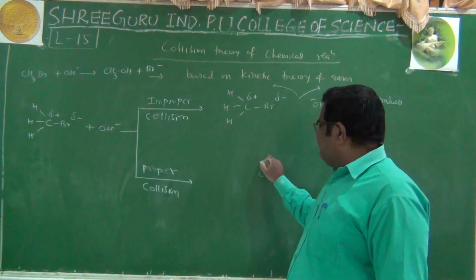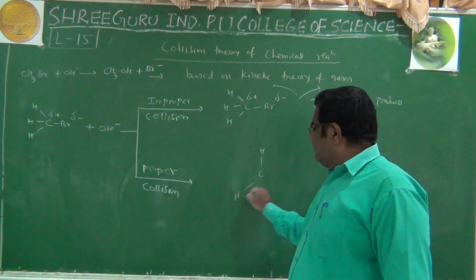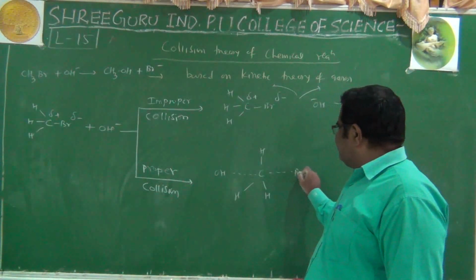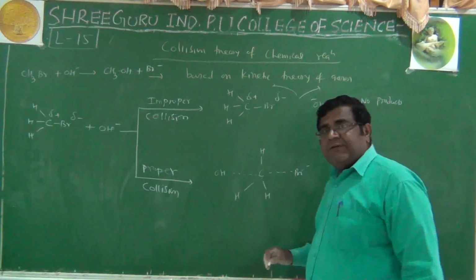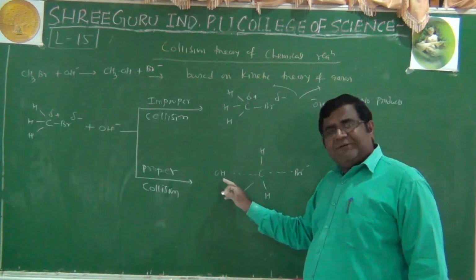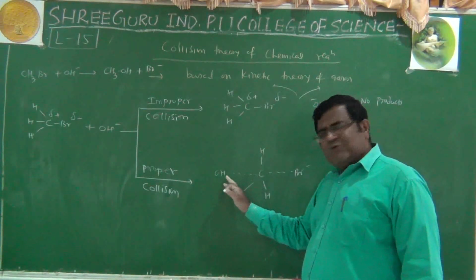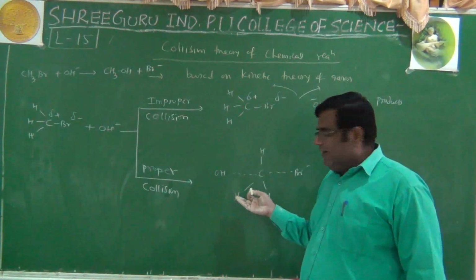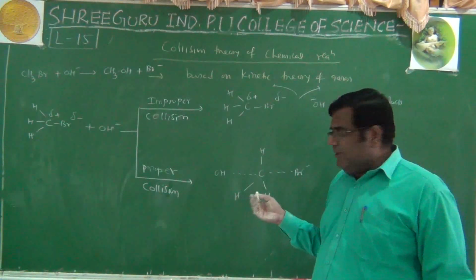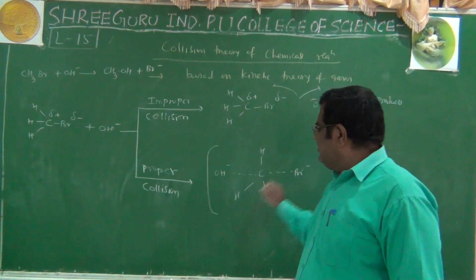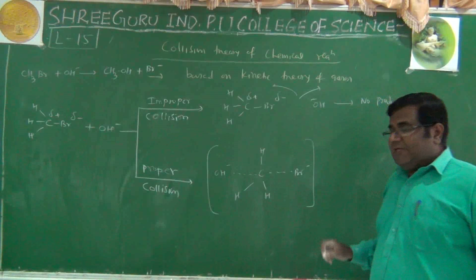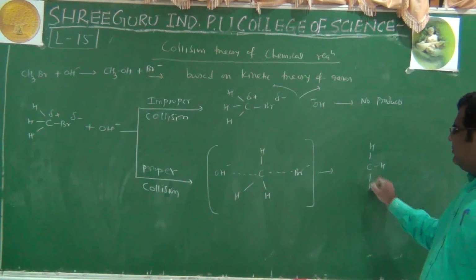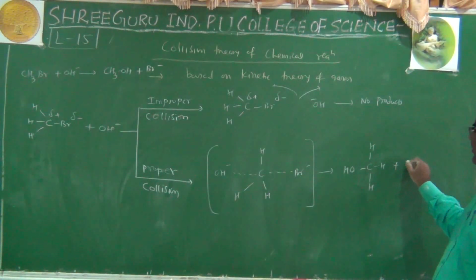But if the same ion approaches from the rear side, the opposite side, there is a possibility that this carbon may accommodate it. In fact, carbon prefers OH negative ions, and that's why products are formed, because OH negative ion is a stronger nucleophile, and bromide is a good leaving group that you know already. So this is the type of transitory state, and it may result in this type of product formation.